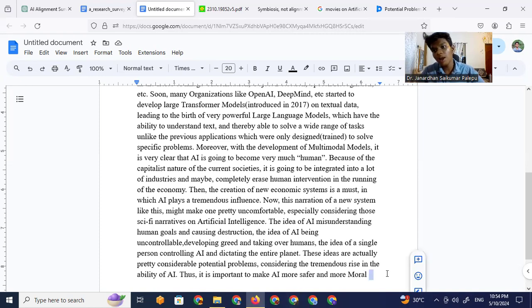You know what? I'll not introduce consciousness yet. The idea of being conscious to be moral. I'll just say moral. I'll only use the word moral. Make AI more safer and more moral, considering it's